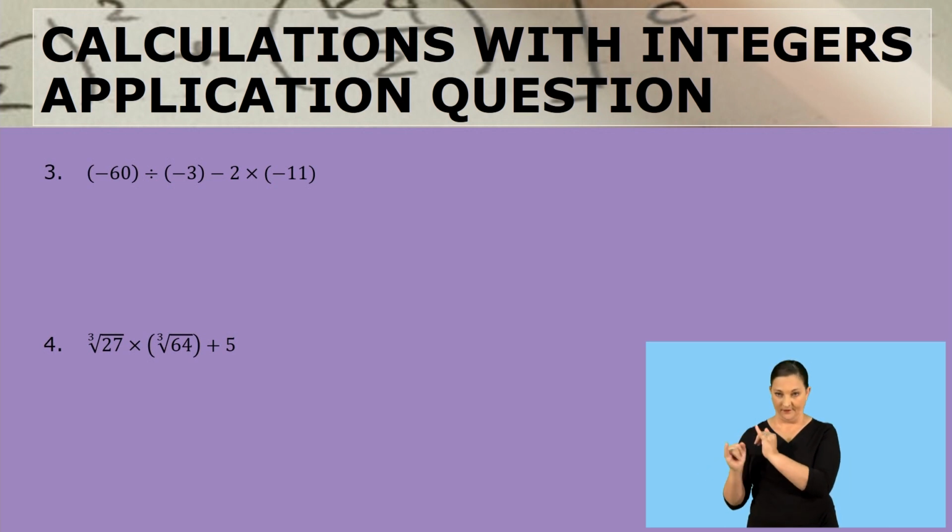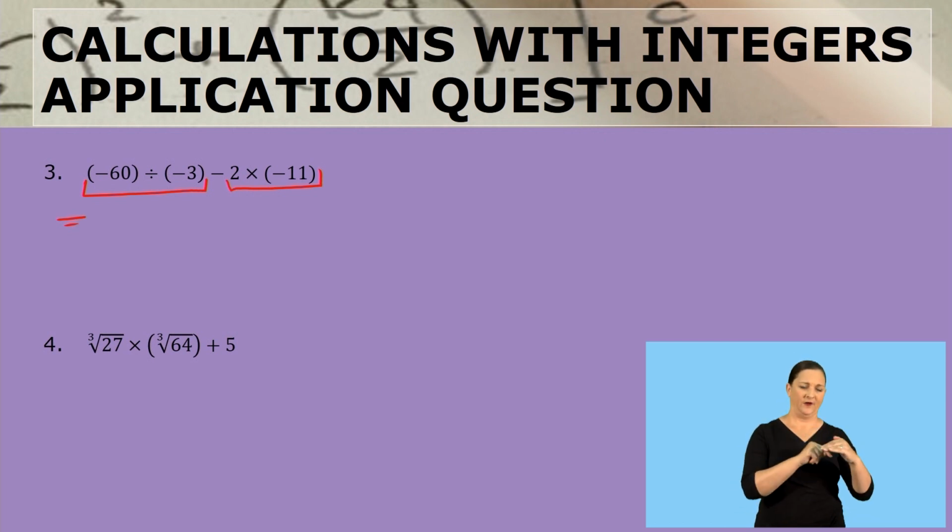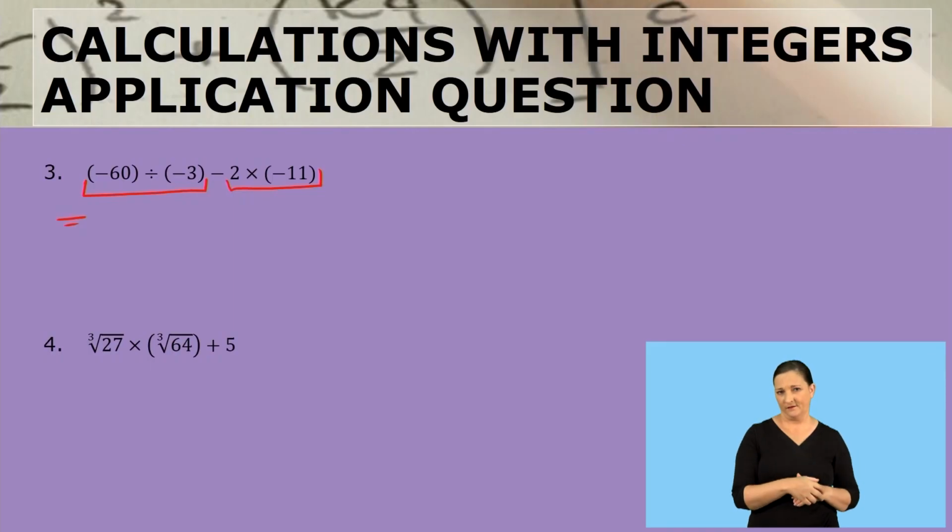So we've identified where the minus is, or where the subtraction is. That means we're going to work on either sides of that. So we'll be working with those two groups. So negative 60 divided by a negative 3. We are dividing two negative numbers. This means that our answer is going to be a positive value. And when we just divide the natural numbers, that is 60 divided by 3, and that gives us a 20. And that 20 is going to be positive. Why? Because we are dividing two